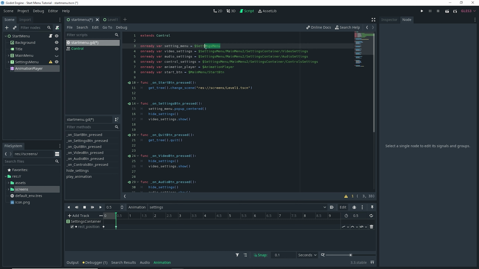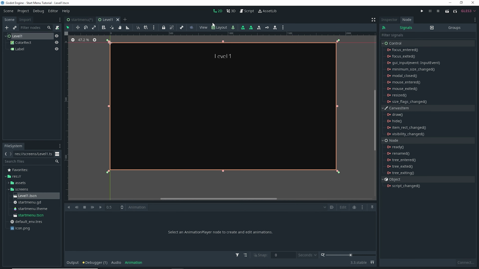Anyway, in the actual script, I am starting by getting all the different things such as the settings menu, the video settings, audio settings, control settings, animation player, and the start button with an onready var at the very top. And then with the different signals, for example, when the start button is pressed, I am doing get_tree().change_scene_to my level 1. So if I open up my level 1 scene here,